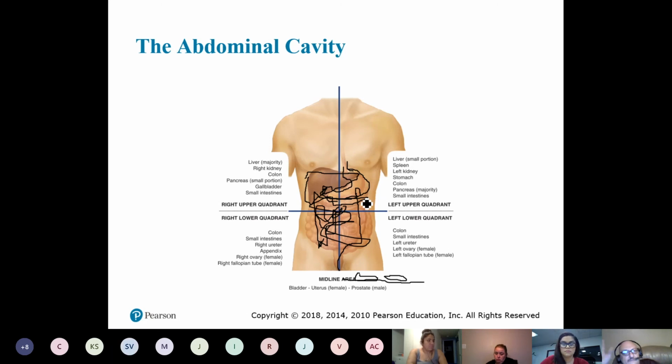The guy and his wife were riding motorcycles. I don't remember if they each had their own or she was riding with him. And they were involved in an accident. And so the guy hit his, what I thought was chest. And I didn't see any bruising on the chest. I didn't suspect a heart attack or anything like that. But I'm assessing him, and he starts complaining a little bit of abdominal pain.